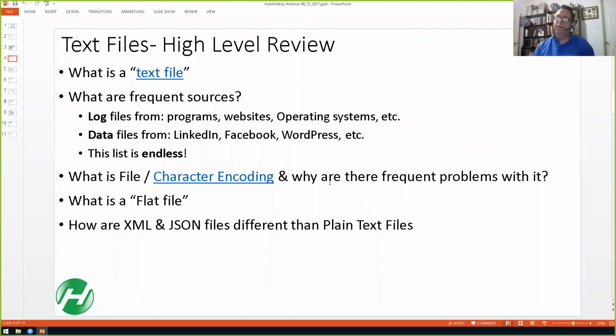The other big topic in this one: last night, Maestrith, the author of AutoHotkey Studio, and I were working through UTF encoding and some issues with how it works. Character encoding can be so confusing, and it's a topic we could spend three webinars on. I could talk about the first 10 minutes of it, because that's about what I understand. But it's critical to understand when you're playing with text files, because of the issues you run into.